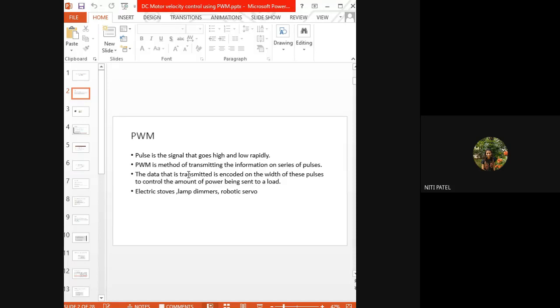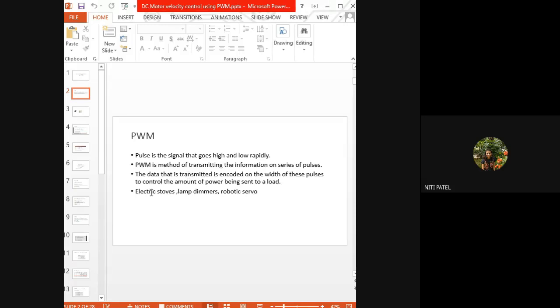To get this data transmitted. Once it is transmitted, it has to get encoded. Once it is encoded, whatever is the amount of power that is generated, that should be loaded, so that in that way we can reduce the speed of the particular robot. Now you may not understand it at this point of time, but as we go ahead through the presentation, you will understand how we are going to control that.